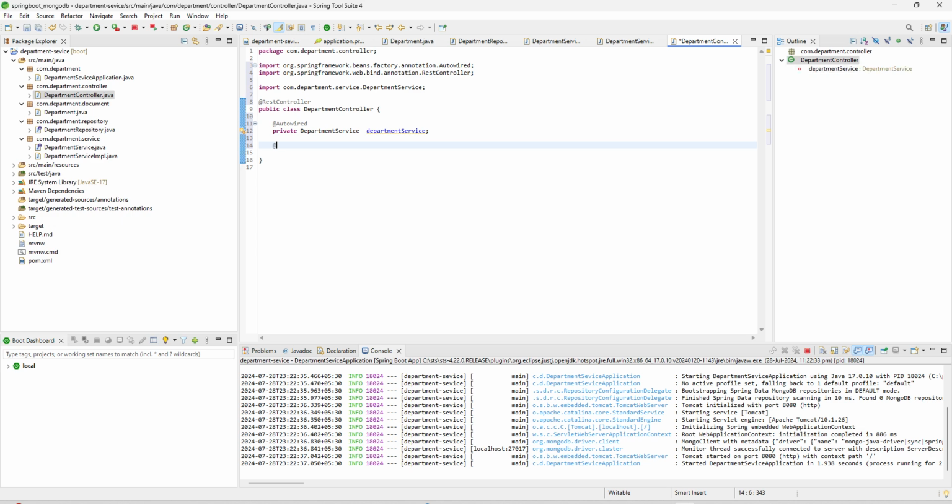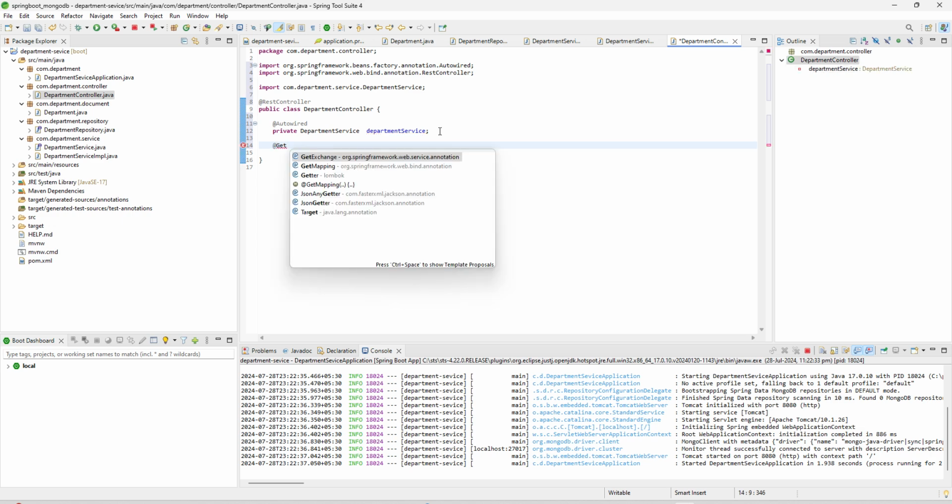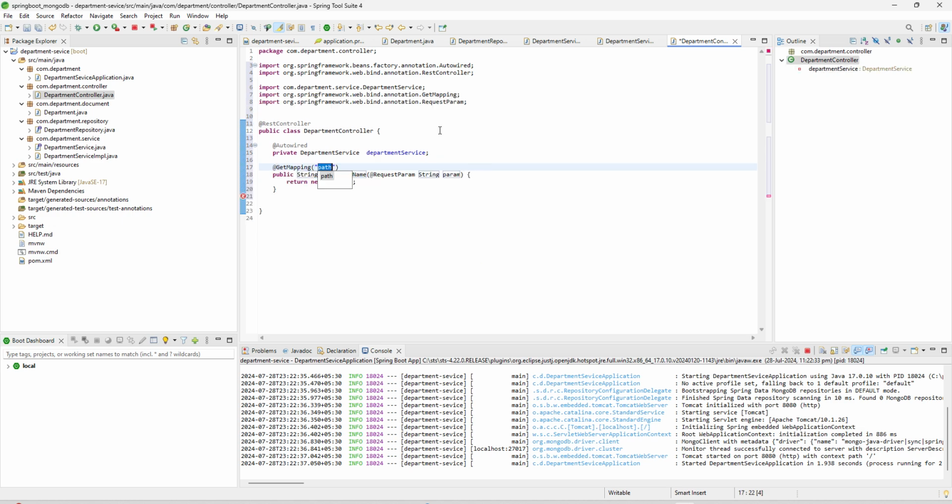Next we are going to add @GetMapping. So this is our first API, and here we need to provide the endpoint. Since it is for departments, we can give "departments", and here we can return a list of